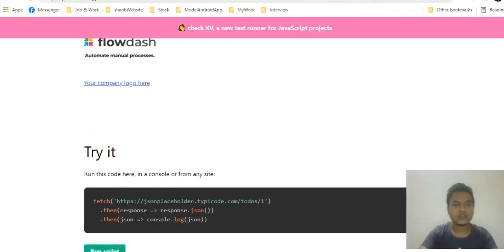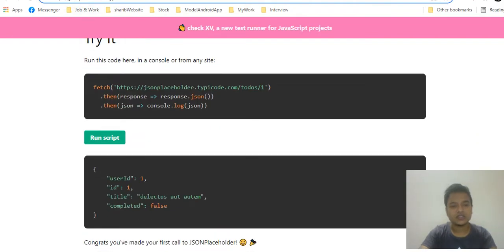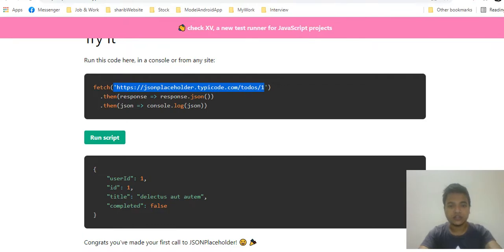Here you can say that there is a file, there is a fake JSON website. Here it is, I'm just opening it. I will drop that link in the application description too, so that you don't have to copy and paste, or just click on it and get redirected to this website. So what we have to do, here you can see is our URL for dummy data, and it will be our dummy data.